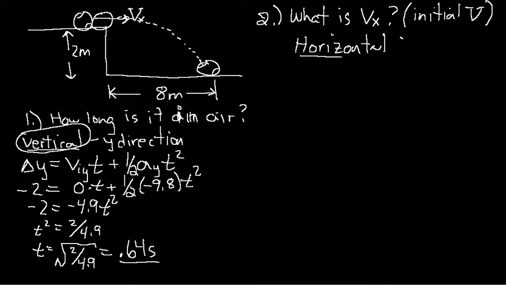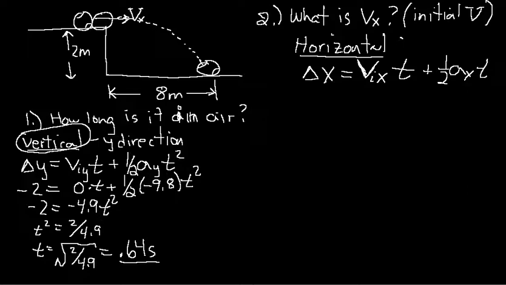The horizontal direction. For horizontal, we talk about x, and we have delta x is equal to the initial velocity, and that's why I always put sub i to tell you it's initial velocity in the x direction. That is not times, that's just the sub x times the time. Now we don't have this here because there is no acceleration in the x direction. In fact, the reason why the velocity in the x direction stays constant is because there's no acceleration in the